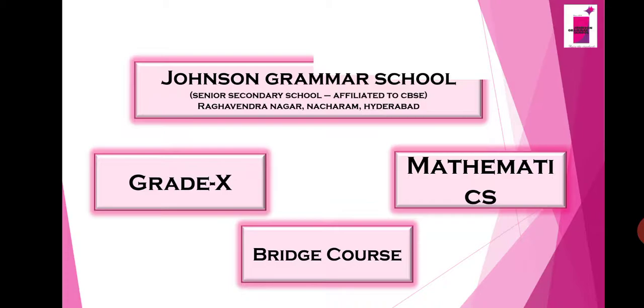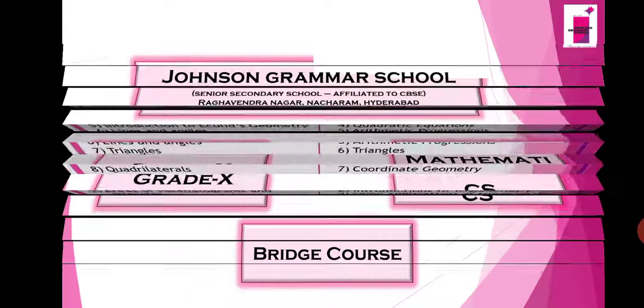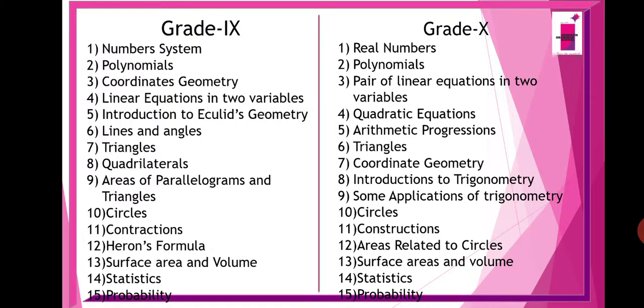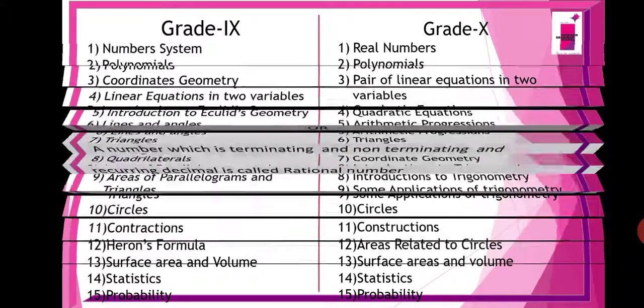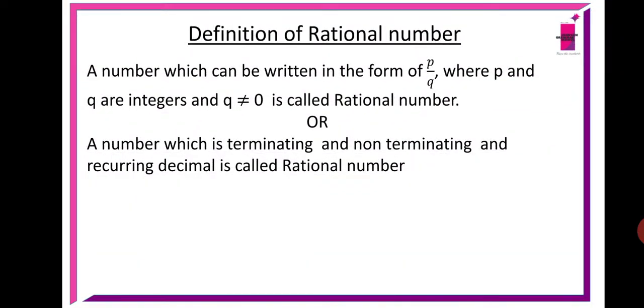So, before going to grade 10 topics, we'll look at a comparison between grade 9 and grade 10. The topics comparison, you can check it here. What you have in grade 9: number system, polynomials, coordinate geometry and so on. You can see the comparison of grade 9 and 10. Most of the topics will be continuous, and there are some new topics like arithmetic progression and trigonometry. First, we will start with the basic concepts of grade 9 to 10 interlink.